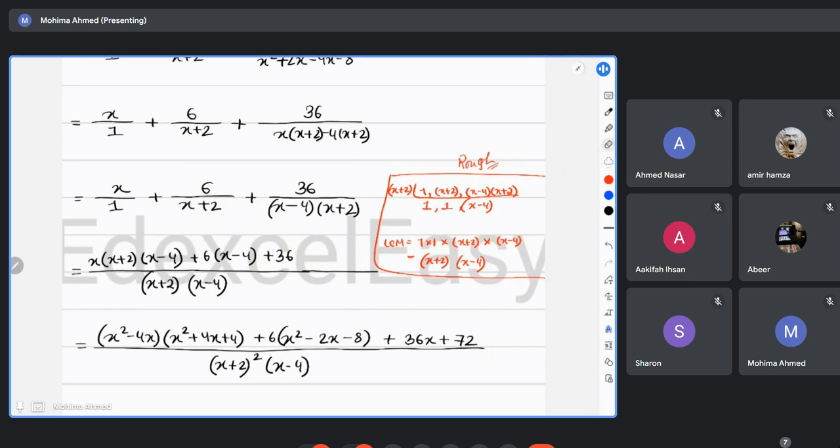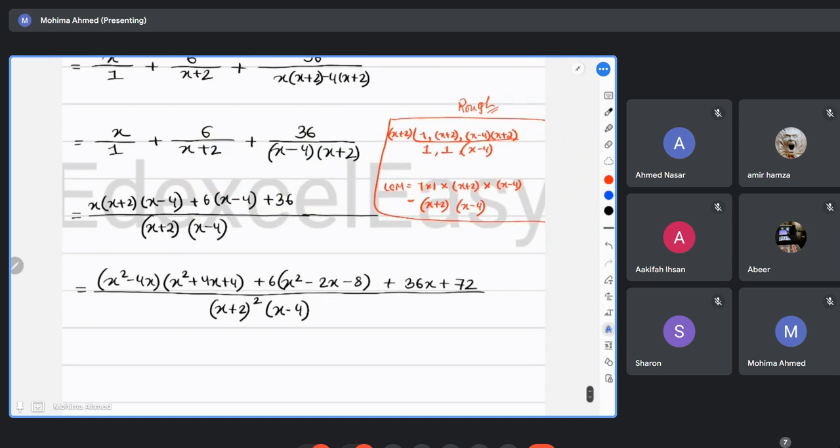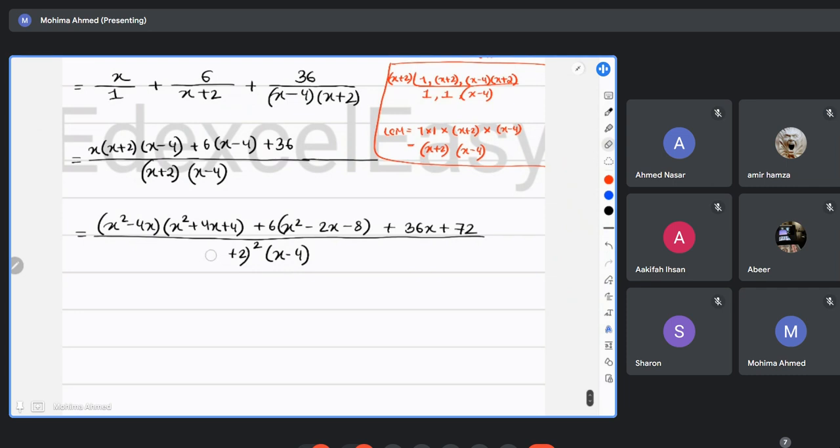But in this part, only the 36 will be there because you have this, what? In the denominator, you already have x plus 2, x minus 4, right? And that was your LCM. It will not change for this 36 fraction. Nothing will be multiplied with the numerator of 36 and only x minus 4 will be multiplied. Why? Because when you divide this by x plus 2, x plus 2 gets cancelled out and you are left with what? x minus 4 only. So only 6 multiplied with x minus 4. Now the overall calculation is quite easy.